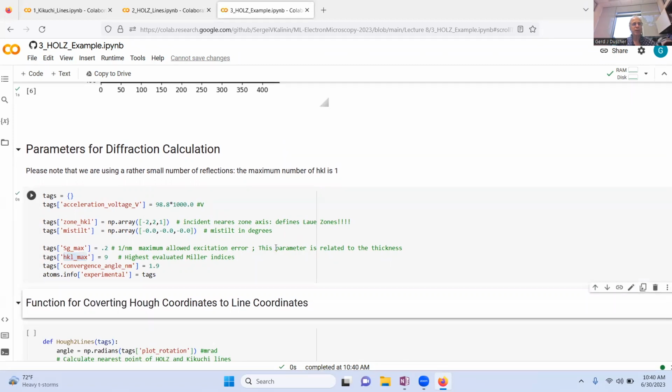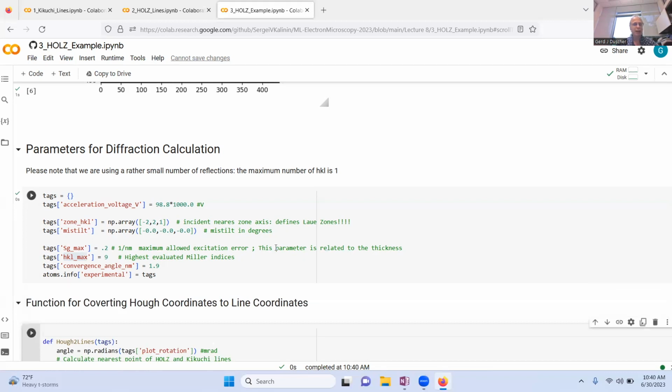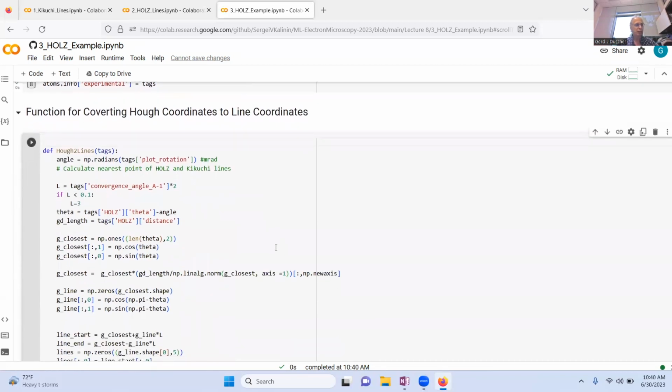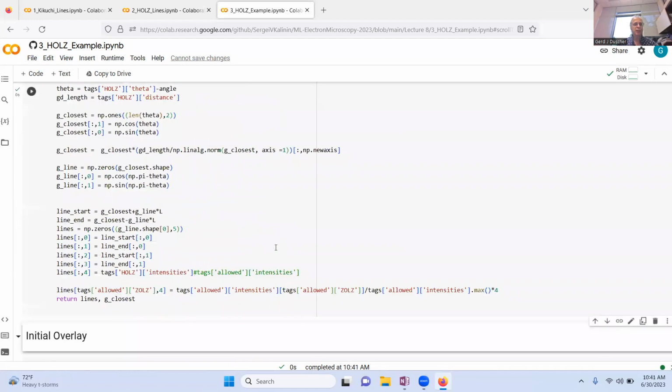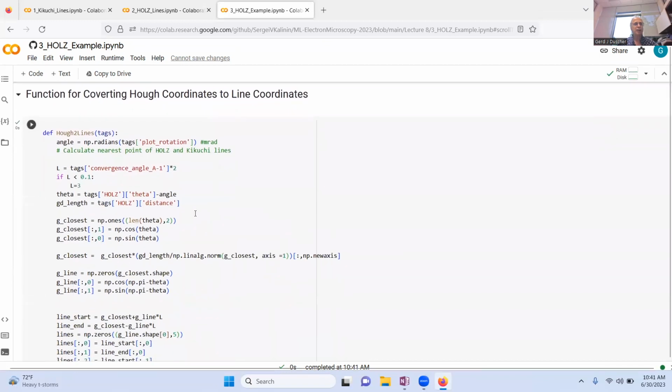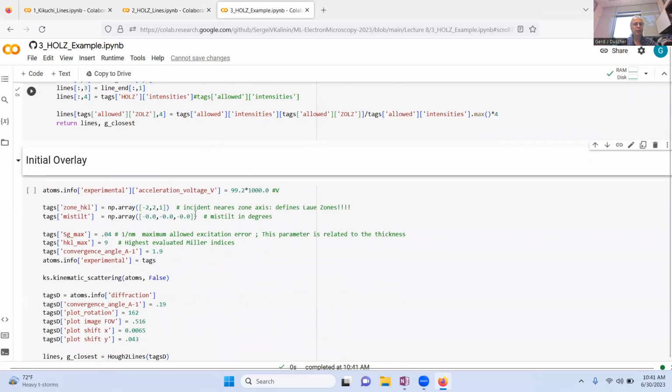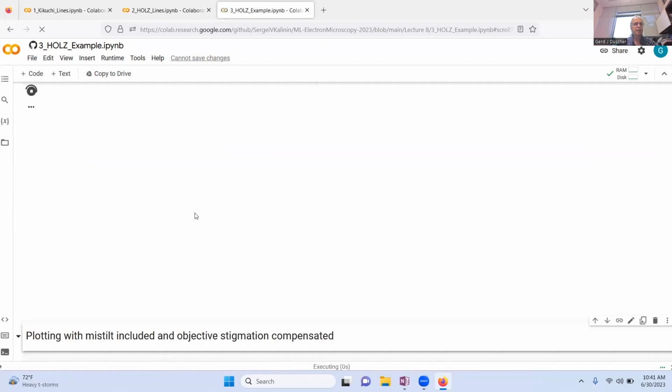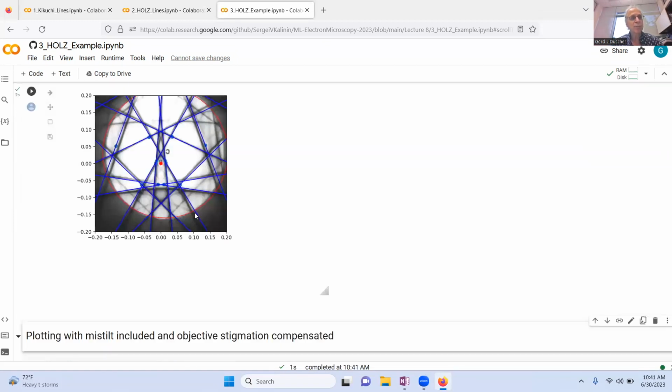So that's, again, as we did before, we just look at all the different Miller indices, see whether they are allowed, and have the excitation error within the distance. And then we get our polar coordinates, make half lines out of that, and then we overlay that over